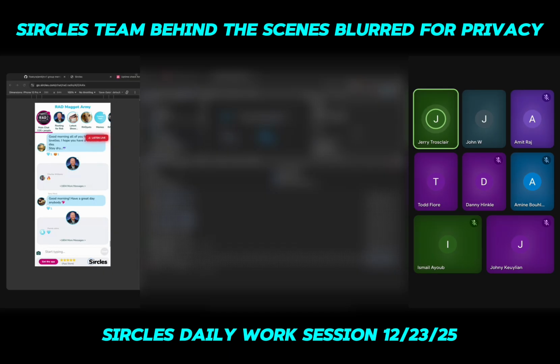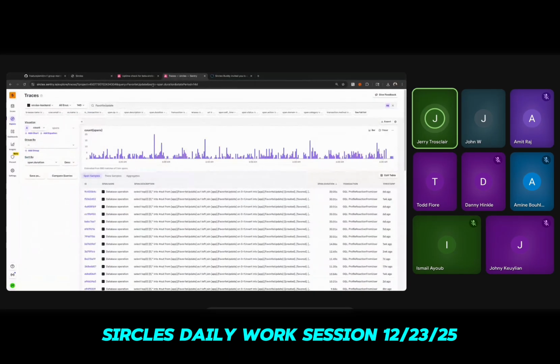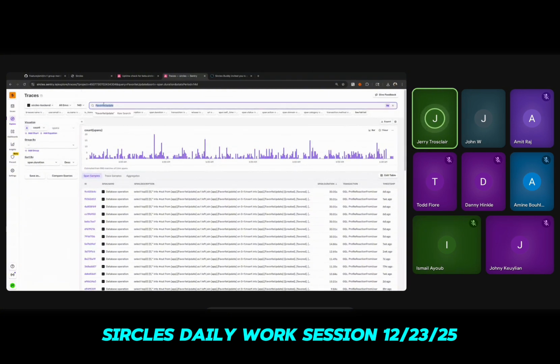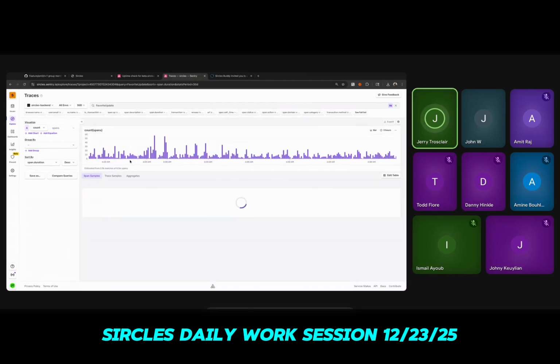The last thing I was going to work on yesterday was the favorite update. You wanted me to grab some numbers and see how many users got affected. I just found these. This is for the cares getting created and the timeout. I asked for all the transactions from, for example, the last 2 weeks.